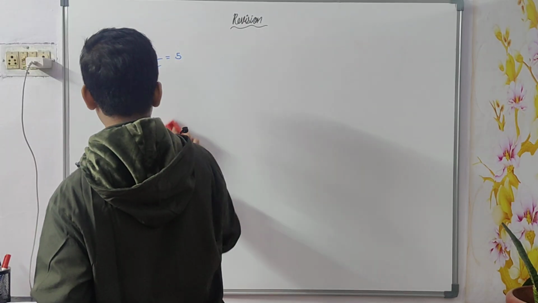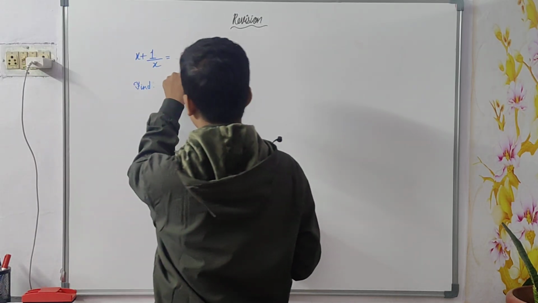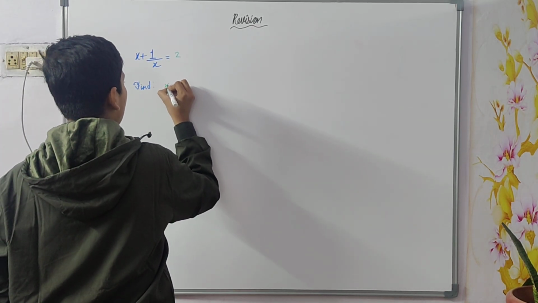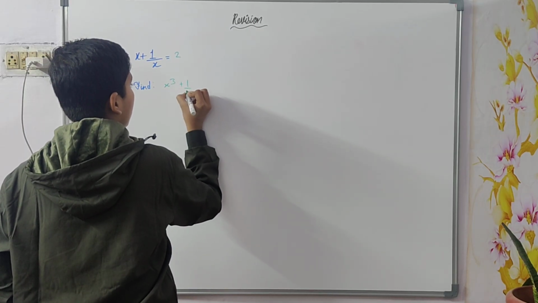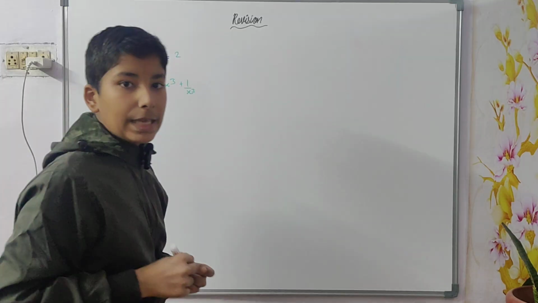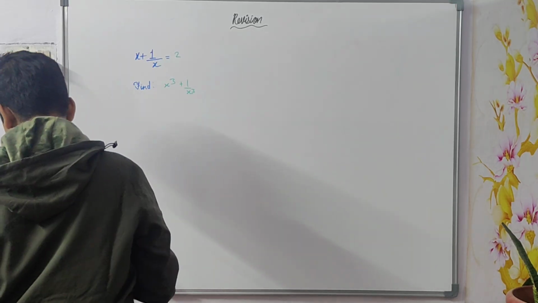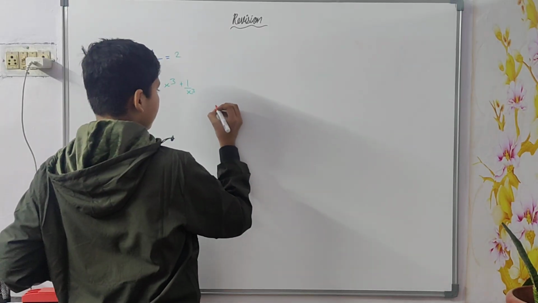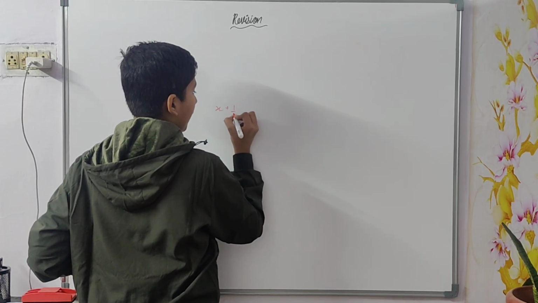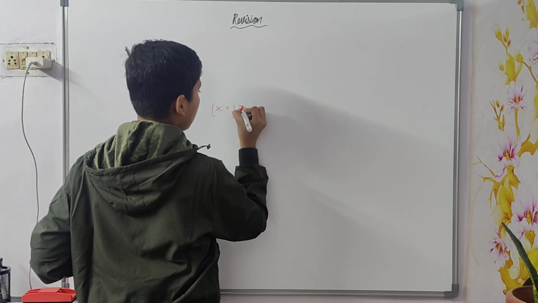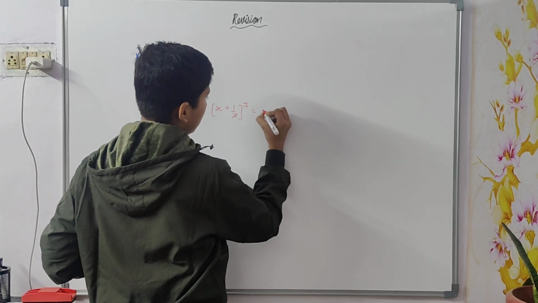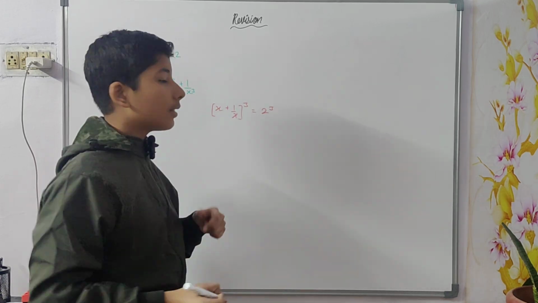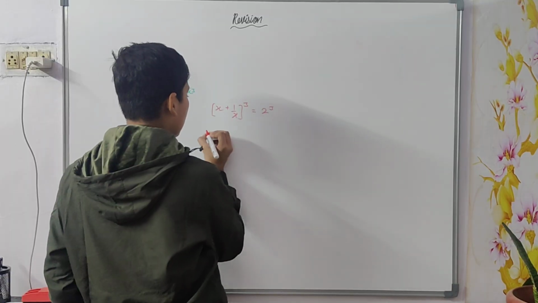Yes. So x plus 1 by x is given as 2 over here. We have to find x cube plus 1 upon x cube. This has to be found by us. Okay. So now we will start. x plus 1 by x whole cube equals 2 cube. Okay, you might have understood this. This is the same as before, we have done cubing on both sides.